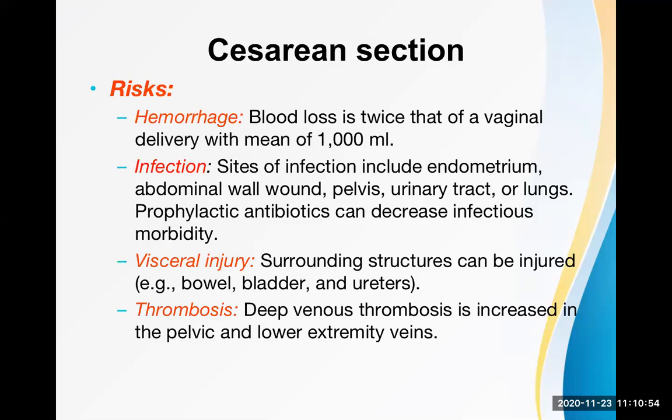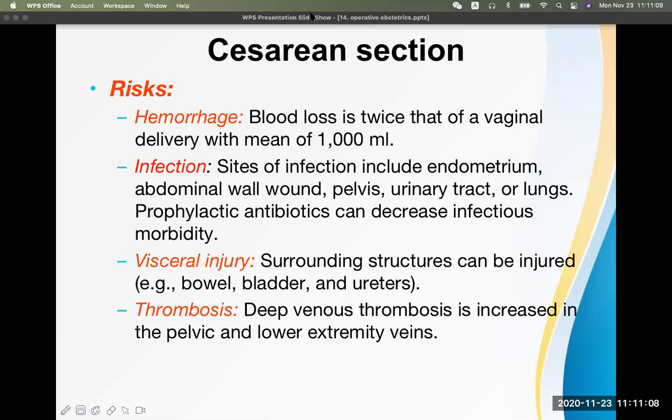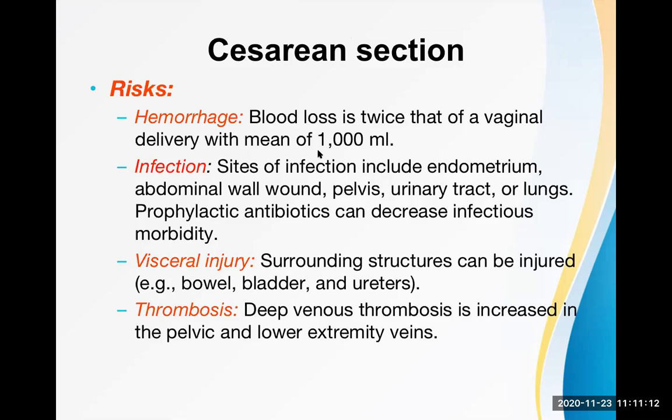Now, what are the risks of cesarean section? So after doing this, let's go for the indication. Okay, now, look at the risk. Hemorrhage. Blood loss is twice that of vaginal delivery with mean loss of 1000 ml. So there will be a lot of blood loss during cesarean section, but the lady can handle this much of blood loss. Okay, we don't need to transfuse the blood if around 1 liter of the blood is lost there,